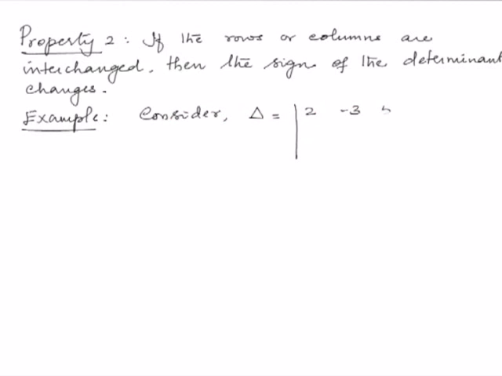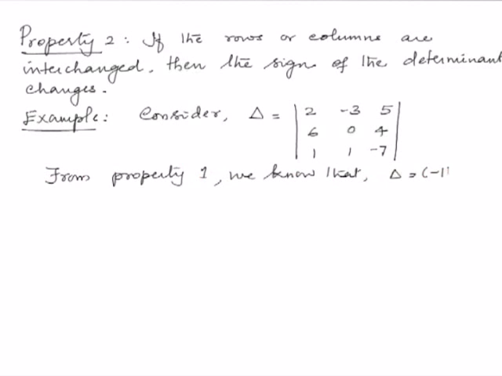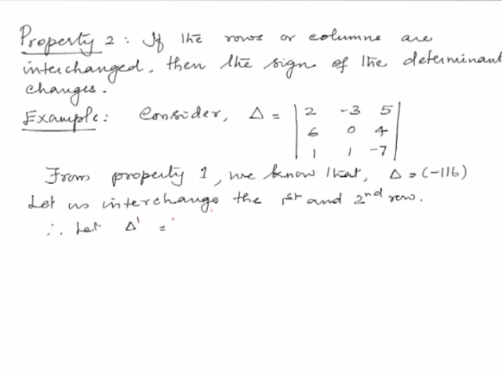So what is our delta? Delta is equal to 2, minus 3, 5, 6, 0, 4 and 1, 1, minus 7. We know that the value of the determinant is equal to minus 116 because we have already expanded it in the first property. So now, interchanging the first and the second row, we consider a delta dash to be equal to 6, 0, 4, 2, minus 3, 5 and 1, 1,